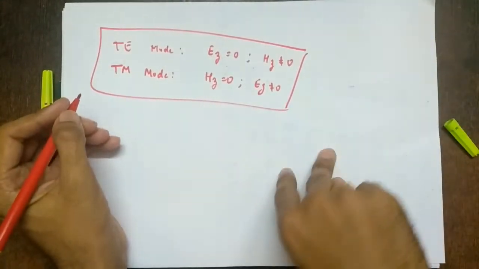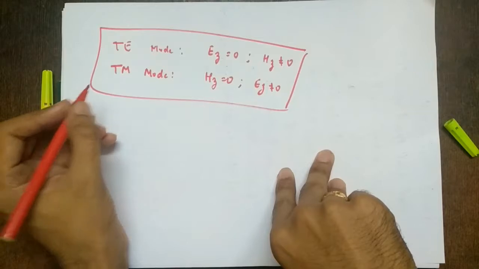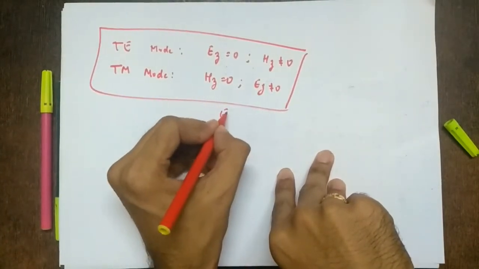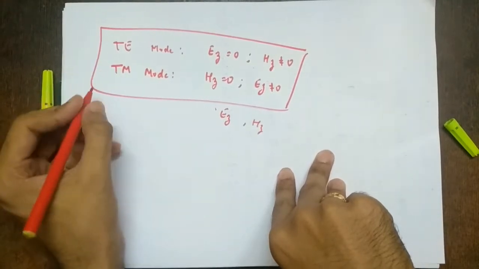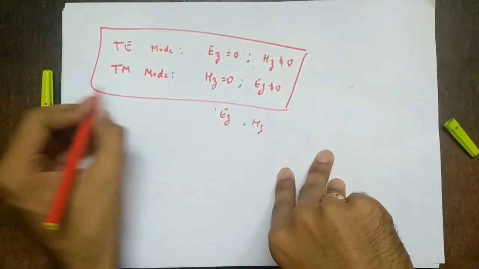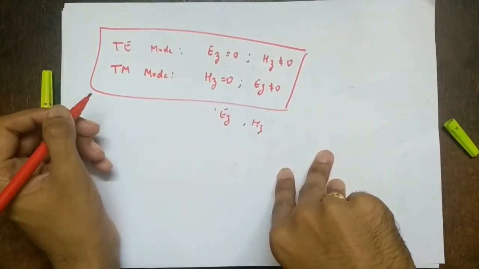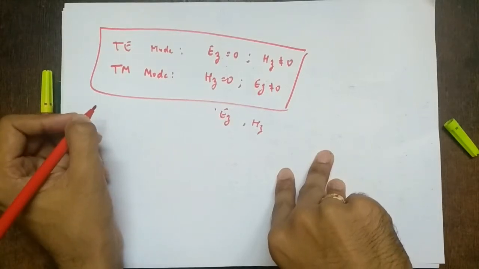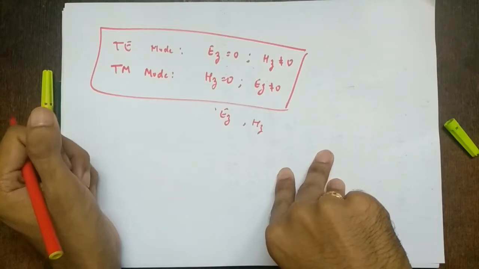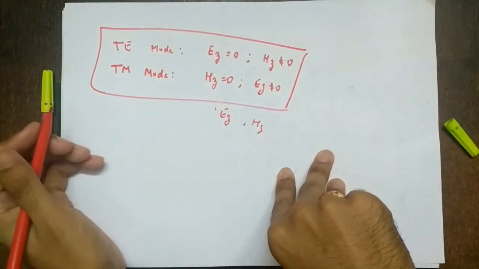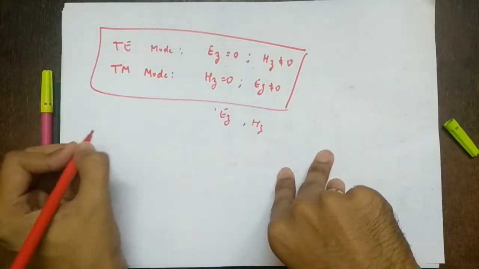Right? Next topic is rectangular waveguide. What we do in a rectangular waveguide is we need to find these Ez and Hz components for the particular modes. For that we require the electric fields and magnetic fields, right? There is something called analysis of a waveguide using the general approach, but that is not in the syllabus, so I will not take that derivation. I will write the electric and magnetic fields directly.